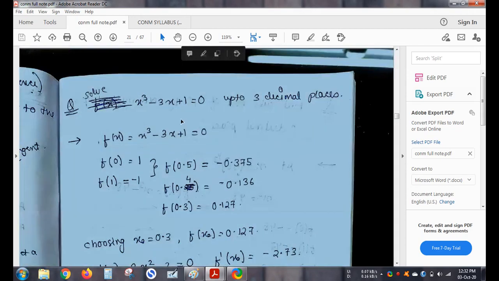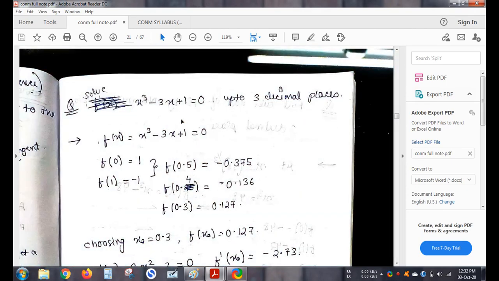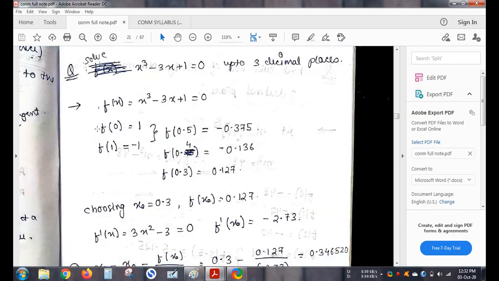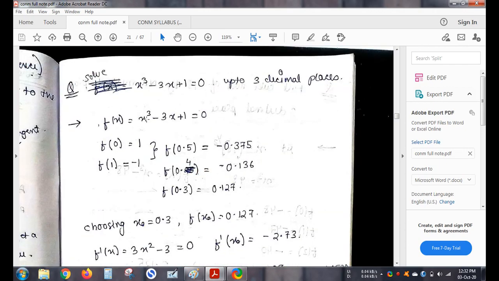So what is the solution of this problem? The solution is that value of x for which this entire thing is equal to 0, meaning which value of x makes this entire equation become 0. That is my objective. So initially I will be guessing. Now over here you don't have to find out positive and negative.